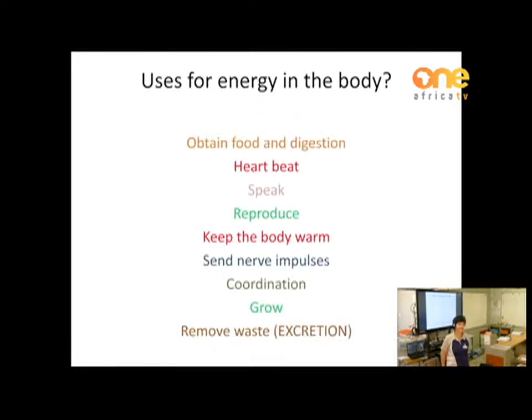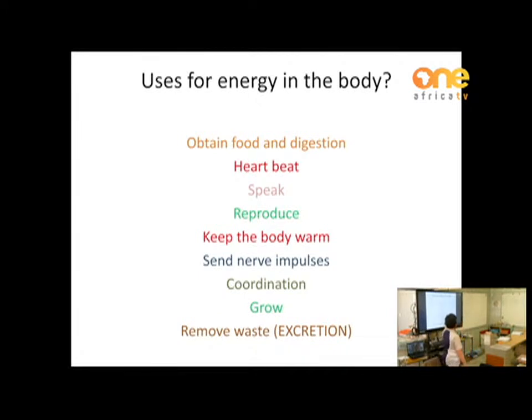We need energy in order to obtain our food, when I am eating. Yes, it's actually moving my hand, but I am moving for a specific reason, to obtain food. And when my food is being digested, processes need energy. So to digest my food, for my heart to beat, it is a contraction. It's still movement, but which movement? Heartbeat. When I'm talking,